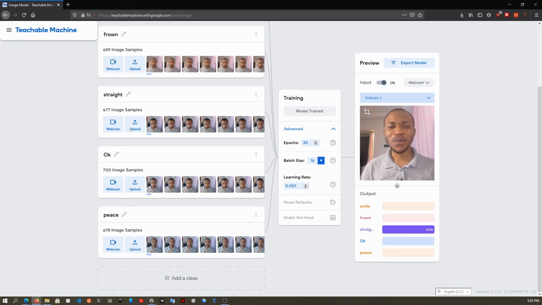See, this is a problem here, so it cannot recognize between frown and straight. I know this is going to be a problem, but it's normal. It's kind of confused. Straight face, I think straight face looks easy. Okay, see that? Pretty good. Peace. Okay, and peace is kind of confusing here. And so this is one thing. I think the model is overfitted